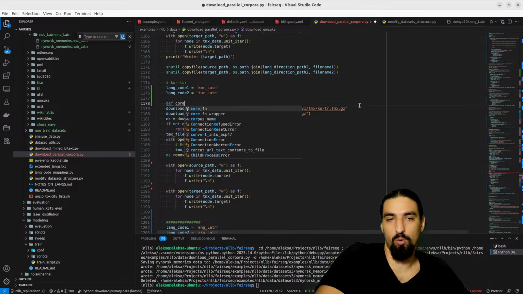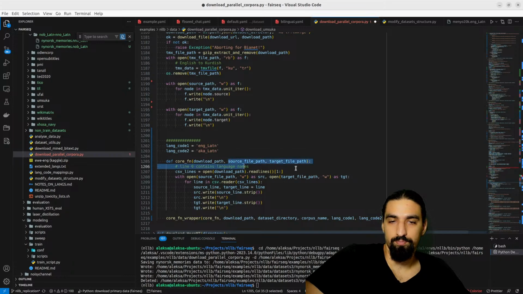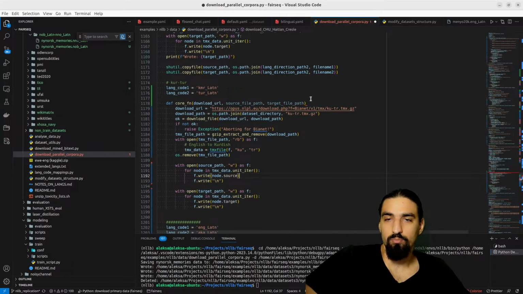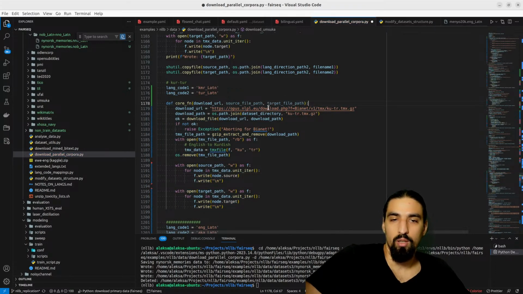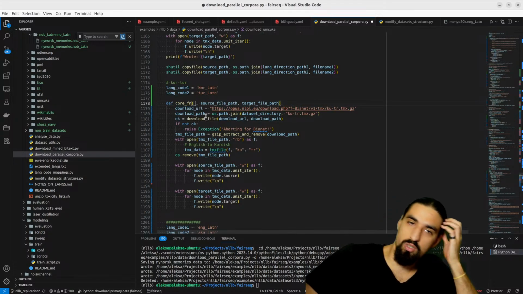We can make this whole thing a core function. Okay. And then rename this to source file path, this to target file path. So we can just pass in none here, and we don't have to use this at all. So just grab this one here,